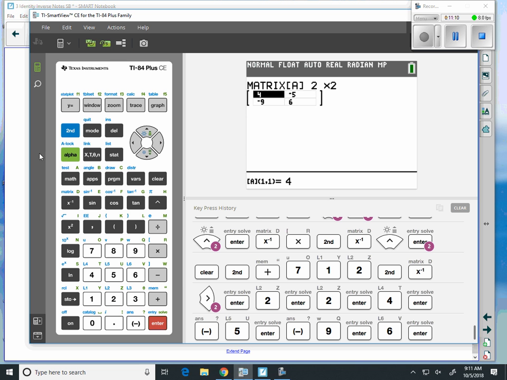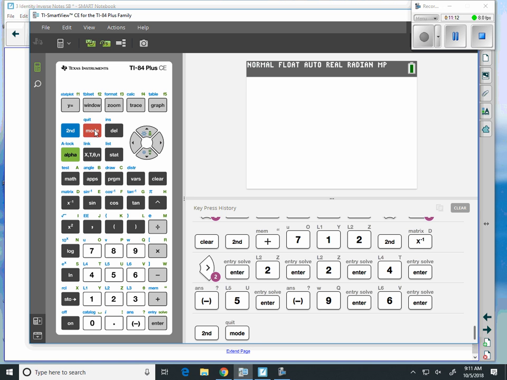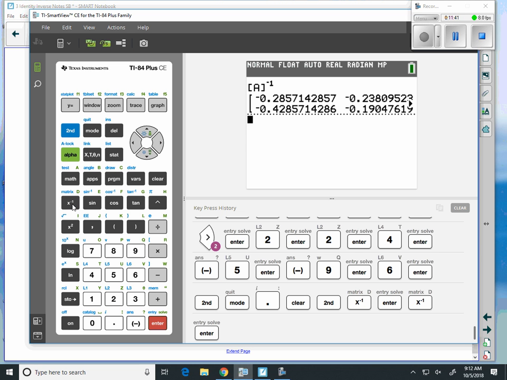Okay, so here's what we do. Go ahead and press your second mode or quit. And then we're going to go ahead and enter matrix A. So second matrix, choose number 1A. Then our notation is to the negative first. So down here, the matrix button, we usually press second and then matrix, but that actual button by itself will give us that negative first power. So go ahead and put that on there, press enter, and it'll give you